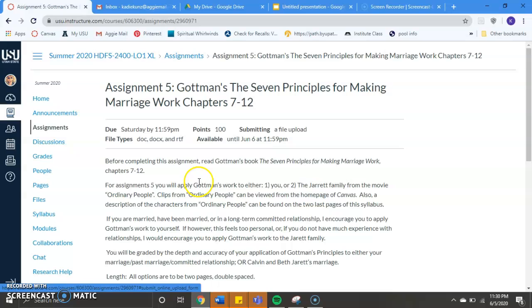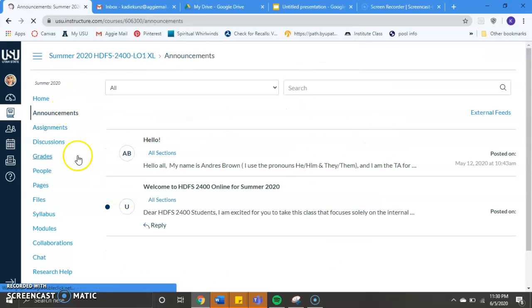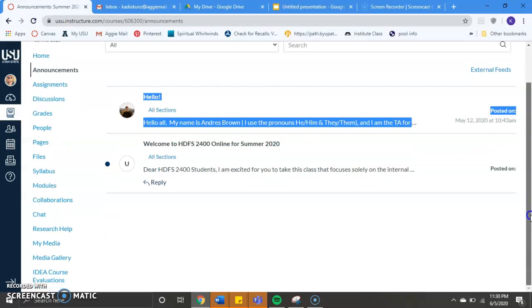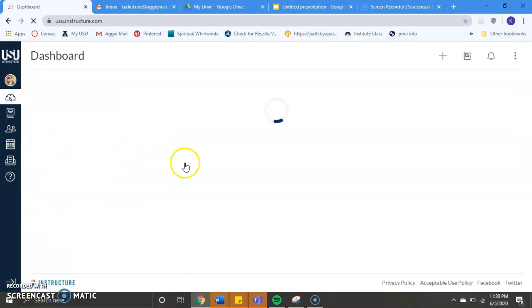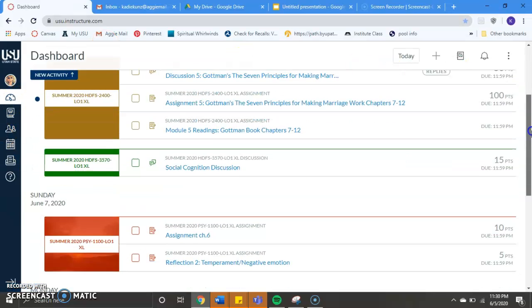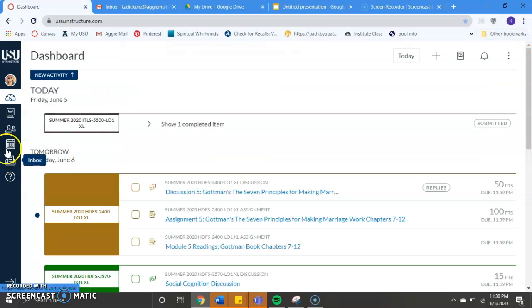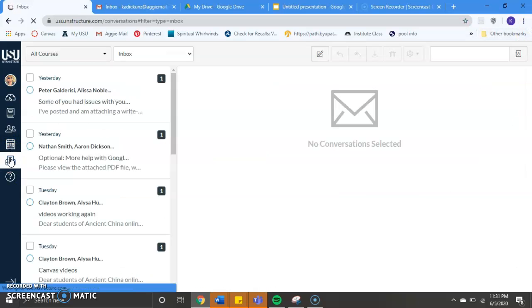So those are the basics of how to navigate and submit assignments and how to work an assignment. But if you need to find an announcement or something, you click on the announcements, and there are all of the announcements that I've had for this class. And so announcements are easy to find, but then you go to the inbox, and when you message someone in the inbox,